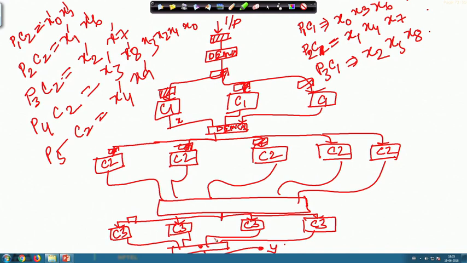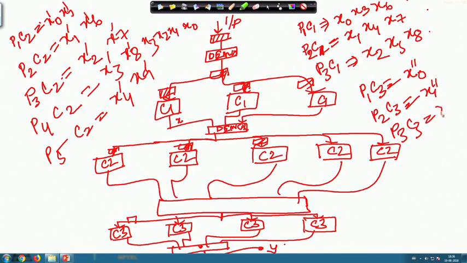Okay. So, then for the C3 block, the corresponding for P1 C3 will be x0 double dash, for P2 C3 that will be x1 double dash, for P3 C3 it will be x2 double dash, for P4 C3 it will be connected as x3 double dash. Double dash is the output from this demultiplexer. Okay. So, then x4 will come over here, x5 will come over here, x6 will come over here, and x7